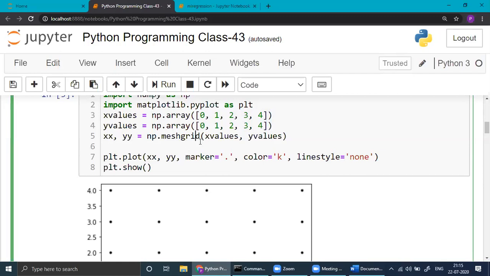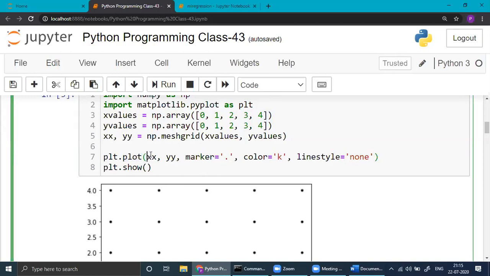So how you get, I already discussed. Marker, this one, if you change this one to some other thing, you get another way. Color, line style, you need not worry about this. Important thing is dot plot you need to write. And when you plotted before, remember we wrote x and y.